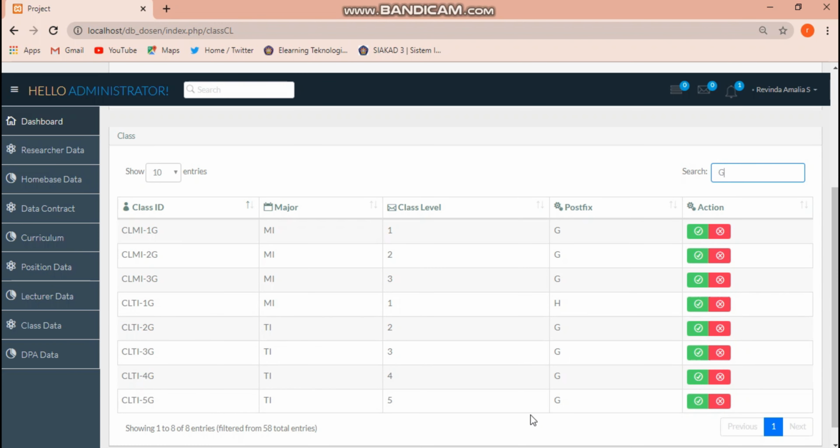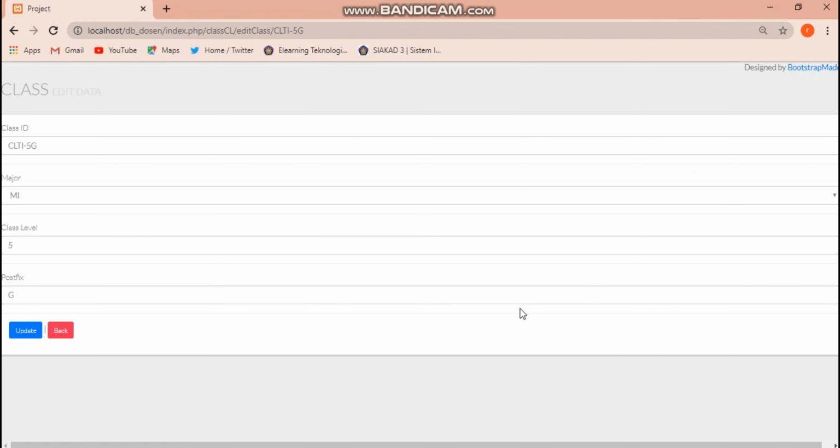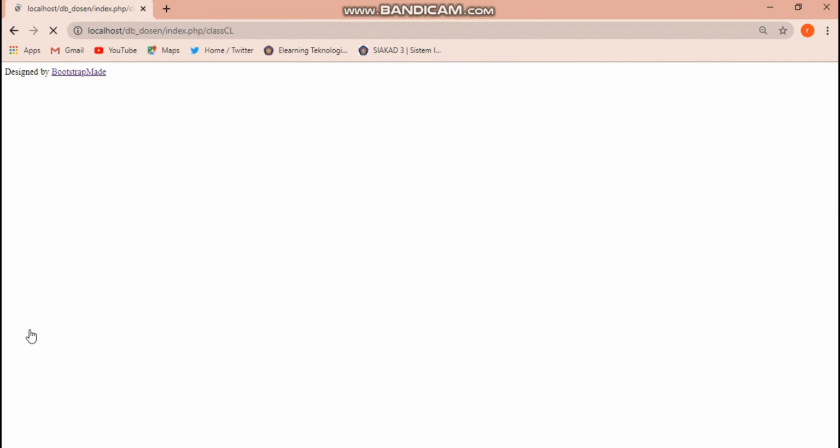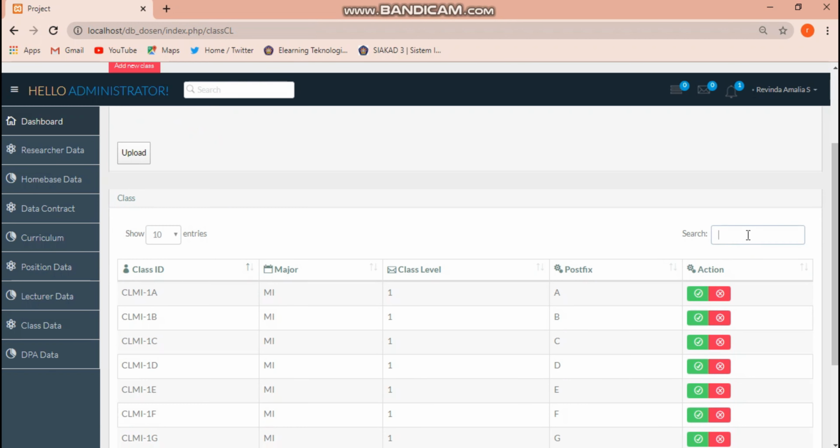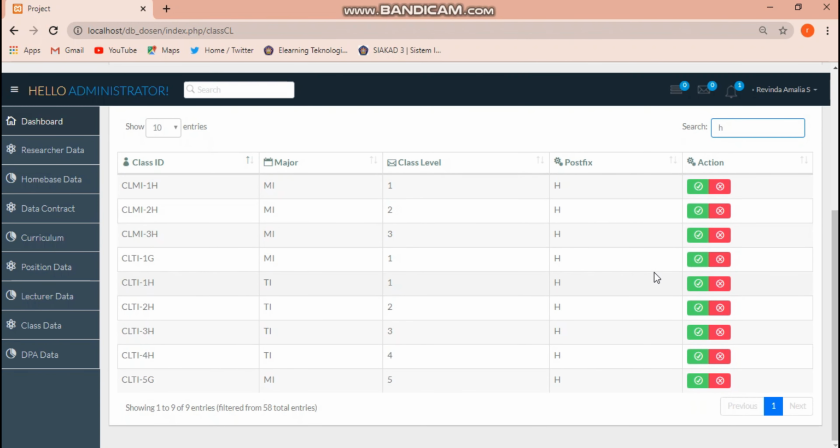And then we edit the data. Click the green button. Then the data edit form will appear, and fill it in. We will update the class name. After that, click submit and the data will update, like this.